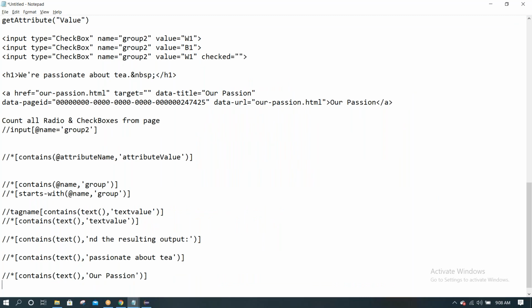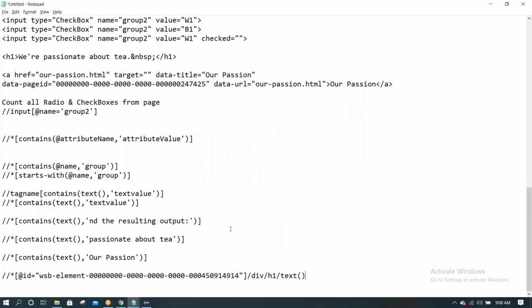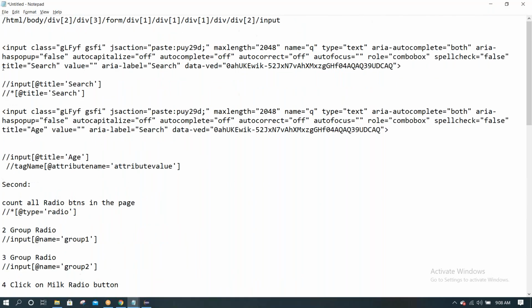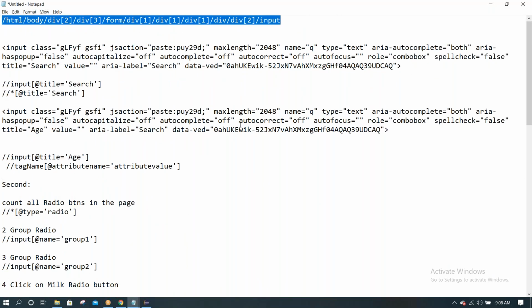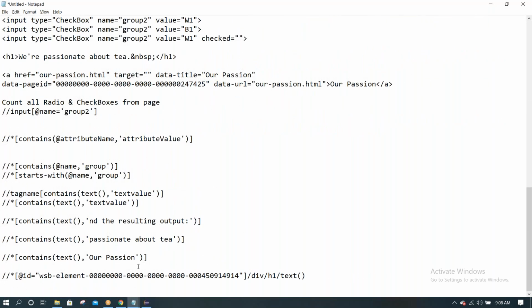See what it is displaying. Okay, it is displaying some ID. It is not an absolute XPath. Absolute XPath means it starts with a single slash like this. Double slash means it is a relative XPath only.